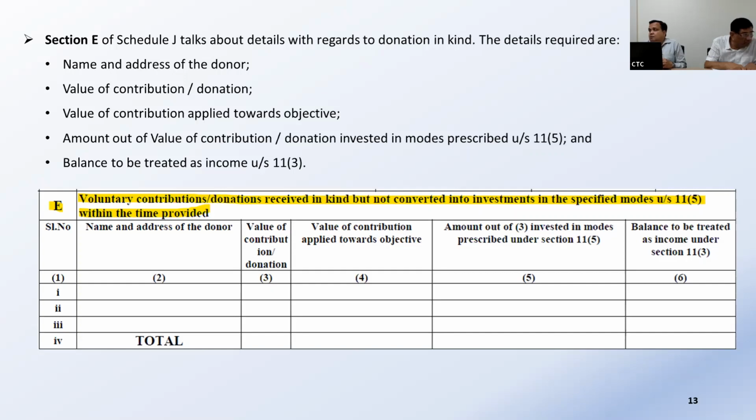No. How can we... So, you know, I received say a flat. I want to use the flat for the purpose of the trust. Okay. So I received donation in kind and I say it is applied for the objects of the trust. No, flat is okay. Now, in other organizations where we receive a lot of donations in kind in pieces, gold, silver, jewellery, what in that case? Yes, flat is okay. I understood. It is one thing, one thing applied. That's it. But when we receive various donations in different formats, in different volumes,